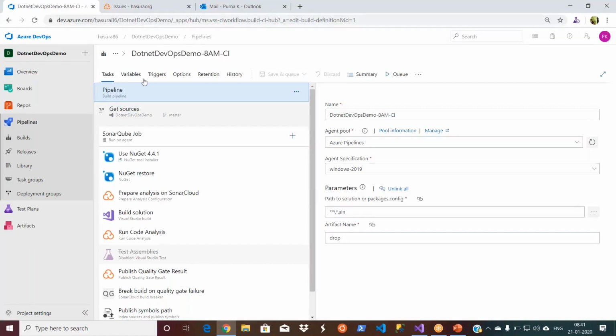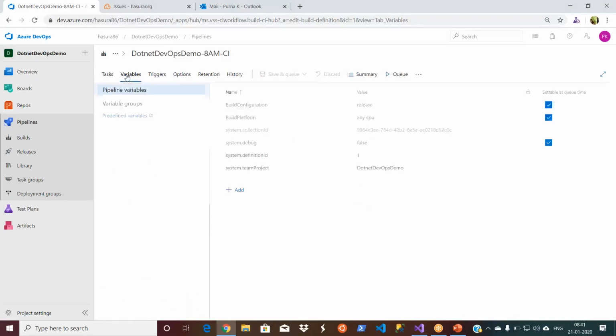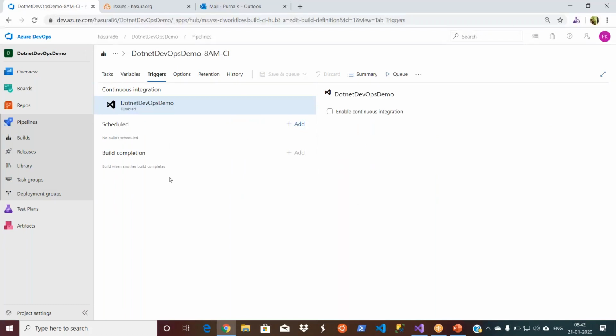Your build definition contains many things. These are all the tasks, you already know it. And variables, a variable is nothing but a variable in your programming language. We will use it in the deployment pipeline, because that's where you realize the value of this. Because this is a compilation, you may not see much value from your perspective, but these are all the built-in variables that the template created. Okay, and now come to the triggers part.